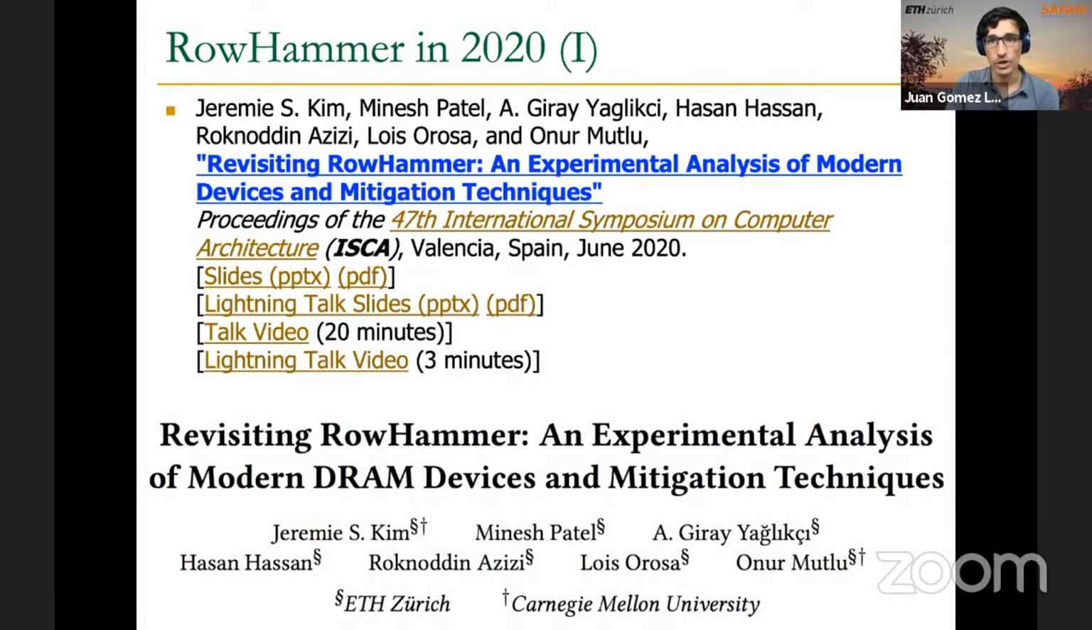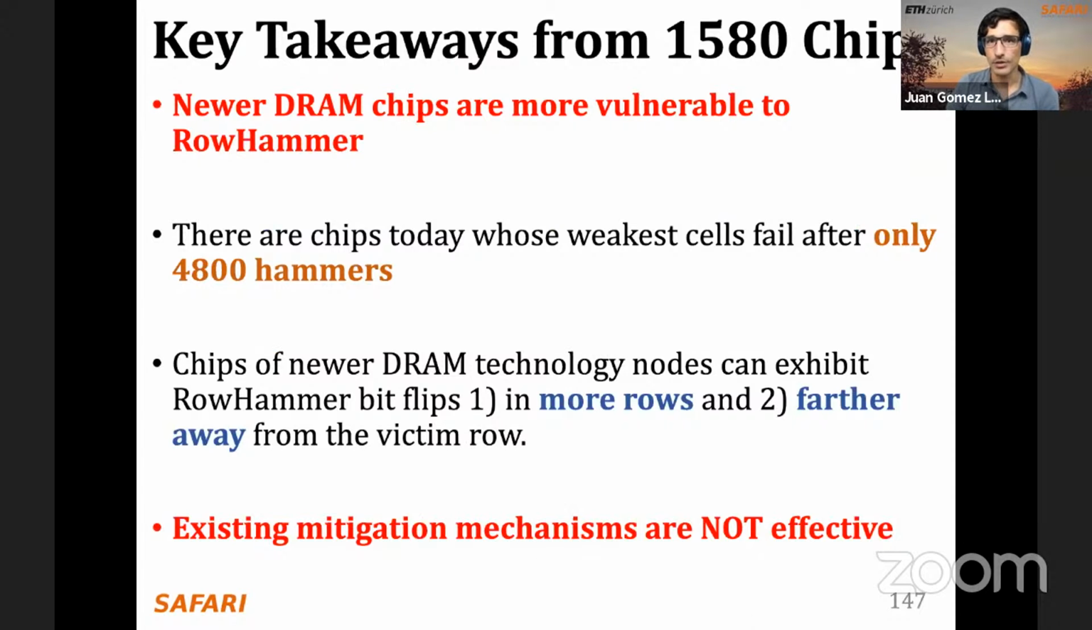This one was presented by Jeremy at ISCA, revisiting RowHammer. The idea is: okay, a few years after, about 6 years after, let's take a look at how the RowHammer problem goes in all these new DRAM chips. And you will see that there are very interesting conclusions. One of the important ones is that chips are even more vulnerable to RowHammer, and this makes sense because the technology scales, the devices and circuits are much smaller, so they are even less reliable, and that's why with as few hammers as this 4800, for example, you can already flip